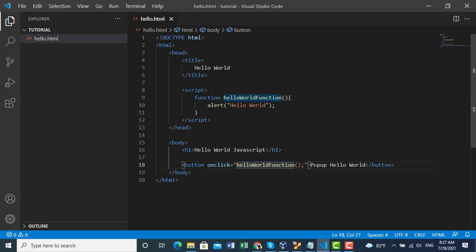If I click this button, it will call the hello world function by one click. In the hello world function, it alerts hello world. I am going to